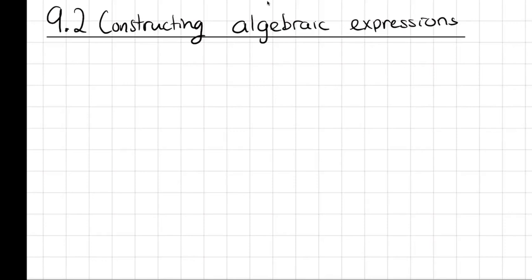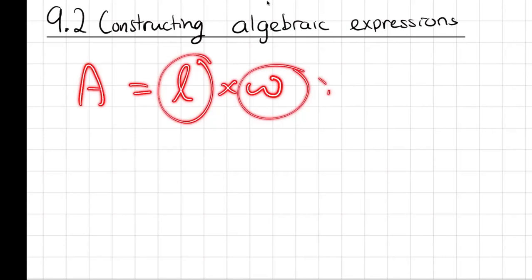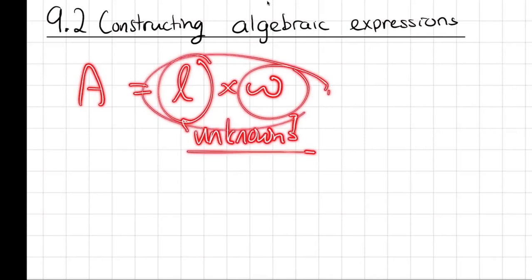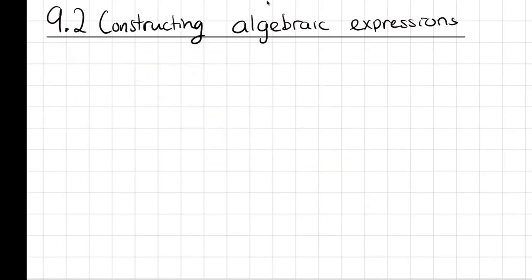So for instance, if I'm saying the area of a shape, normally I represent the length with L and the width with W. So L times W is equal to area, which is length times width. These are all unknowns. If the values are known, then we can just put them in the formula to calculate the area. However, this is an equation, but we just need to use